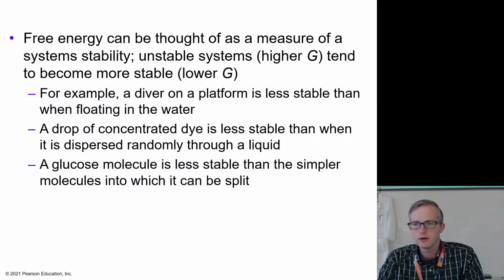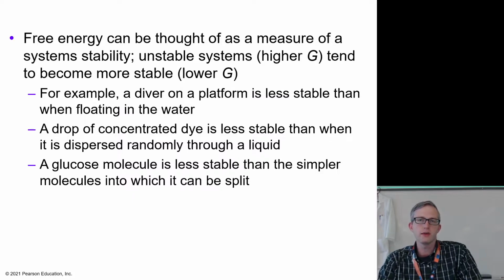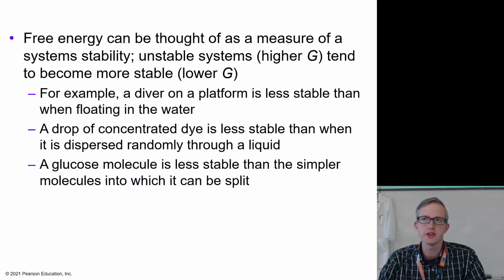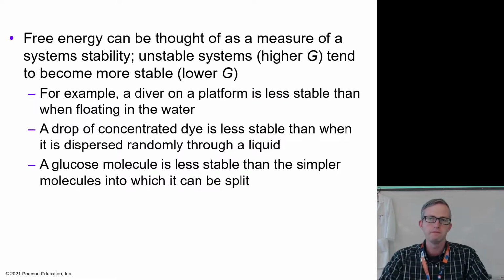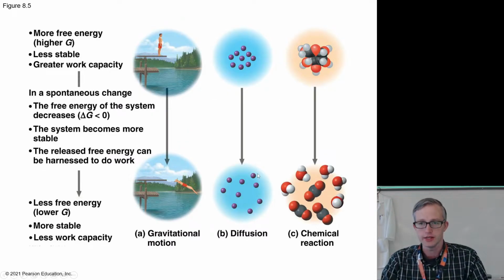And so you can think of this as a measurement of stability. The more stable things are or become is because they have lost more of that available energy, more of that energy that was there that could have been doing work, that could have been altering things. As that energy is lost and things become more stable, that's associated with a lower G value.